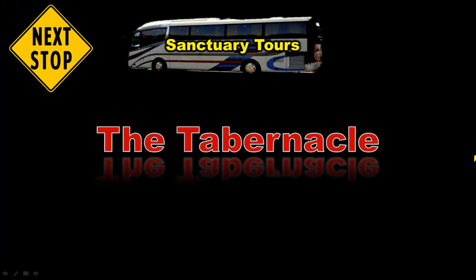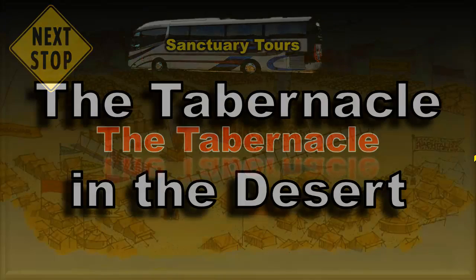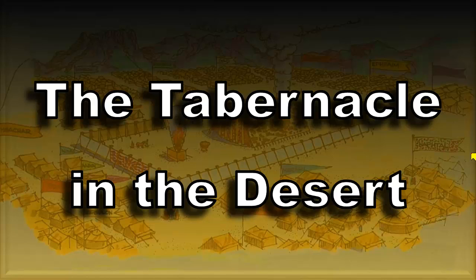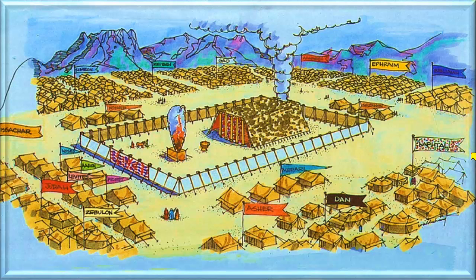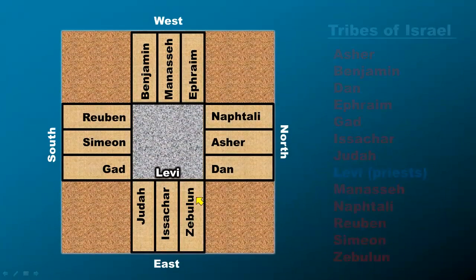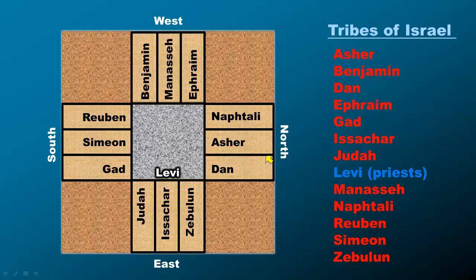So our next stop on our tour will be the tabernacle. This is the tabernacle in the desert, as it's called. This picture here that I'm showing you is kind of cool. It shows the tabernacle situated in the middle amongst all the tribes in the desert here. And actually, the way these tribes are laid out, God specified them. In Exodus, you'll see that it says exactly where the tribes should be laid out versus the east, north, west, and south. And of course, these are the names of the tribes.